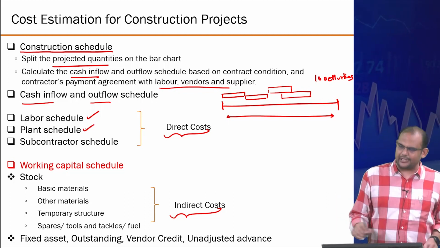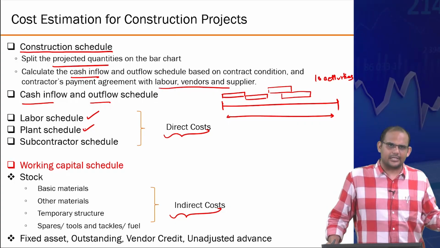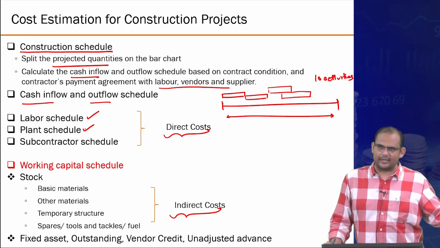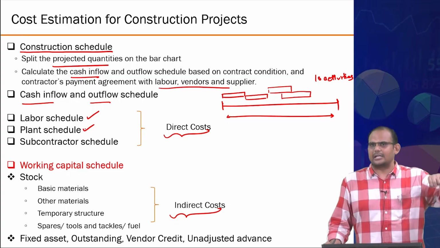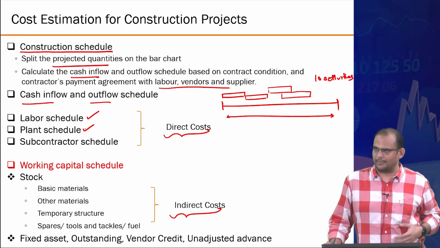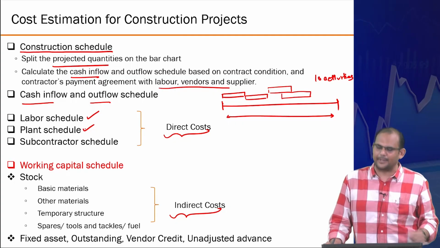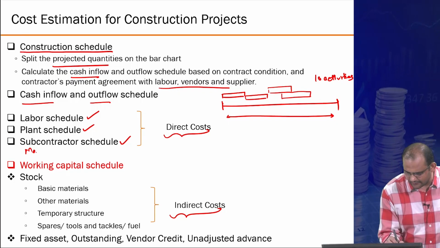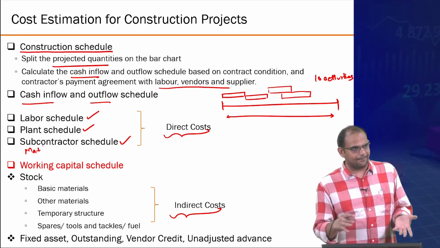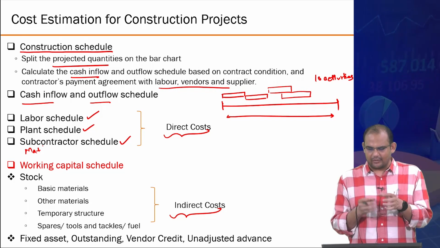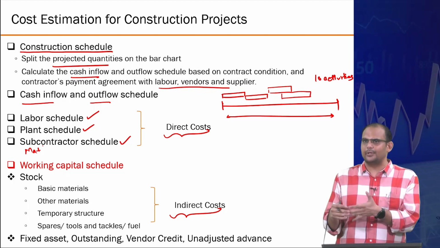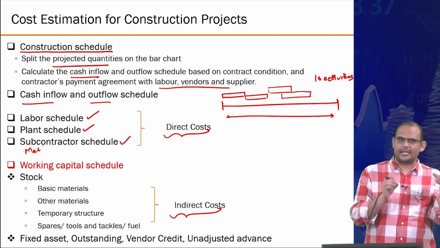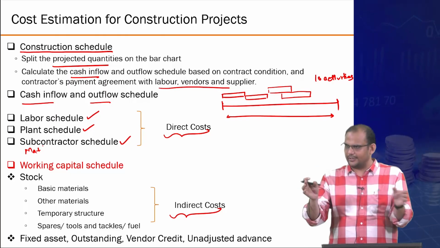You also need machinery and plants. Plant is essentially, for example, RMC, ready mix concrete activity. So you need to take that into account. Machinery is, for example, a tower crane, and how much the tower crane is used in a particular month, and so on. That is a direct resource required to do the particular activity. You also need to know the subcontractor schedule. Of course, there is also material information. I'm not giving you an exhaustive list, just giving you an idea. Essentially, direct costs are costs which you can directly or easily attribute to a specific activity. You can tell that this many masons are required for this much wall activity, right? You can directly bill them.